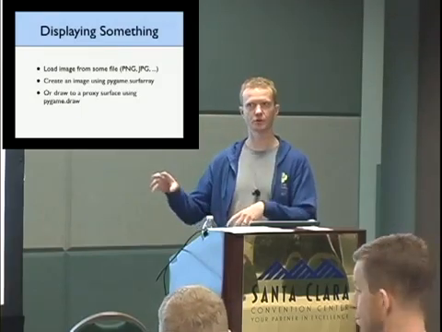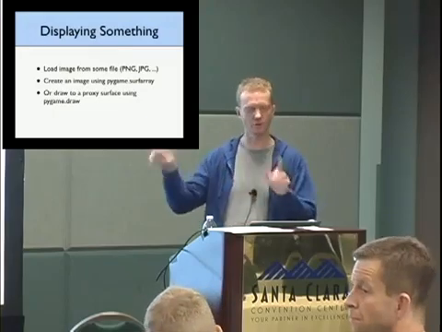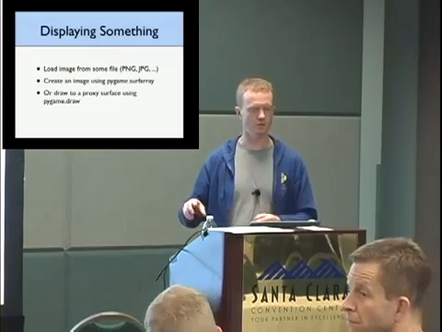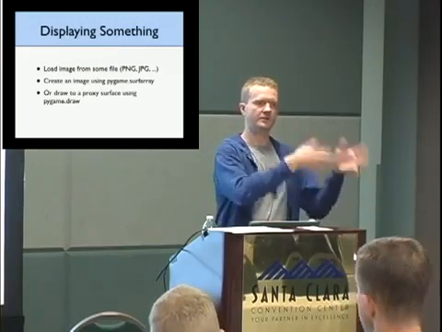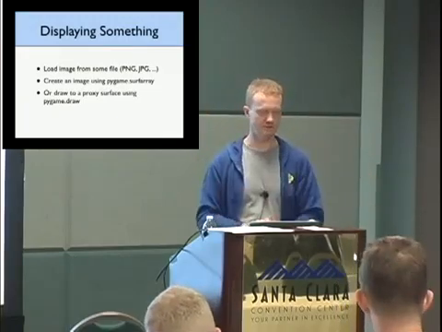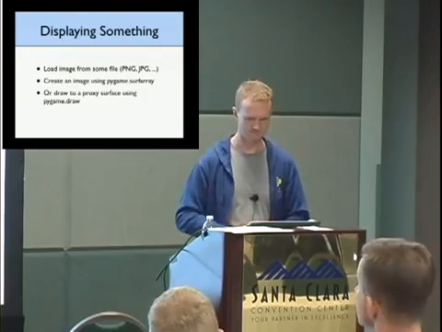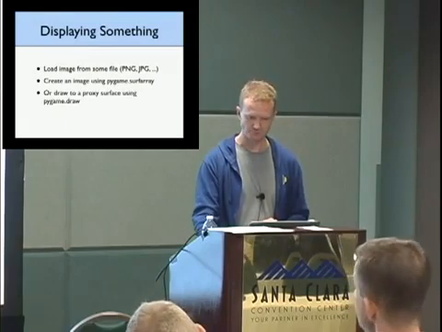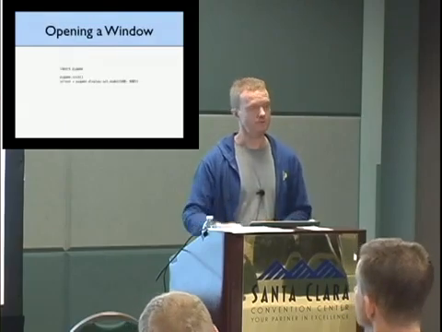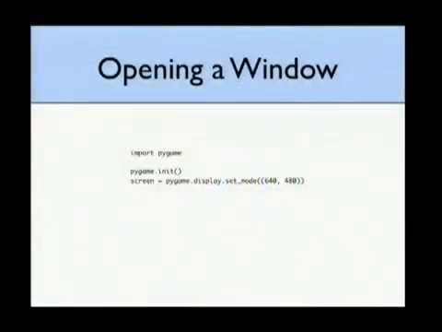And you can also draw to a screen that's not directly on the screen. You can use all of these drawing mechanisms to draw to something that's not directly on the screen, and then you can take that thing and stamp it up on the screen in multiple places, or multiple times. So you can construct things off screen. So, to open a window in PyGame,